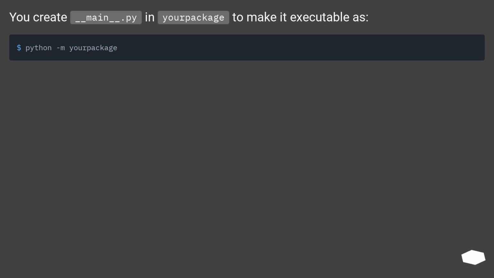You create __main__.py in your package to make it executable as